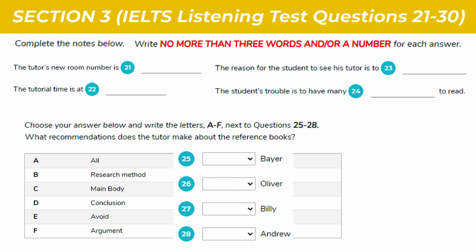First, you have some time to look at questions 21 to 24. Now listen carefully and answer questions 21 to 24.